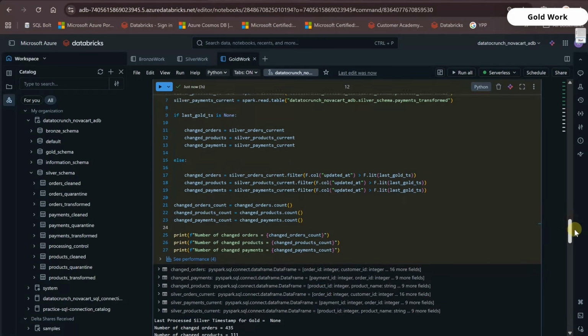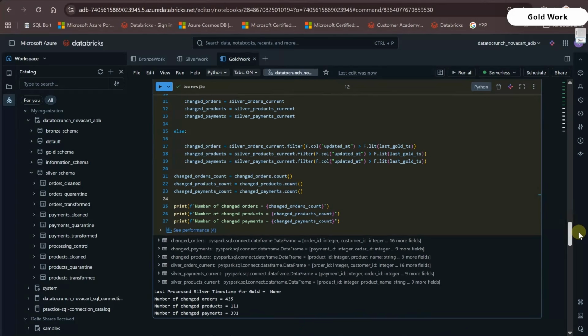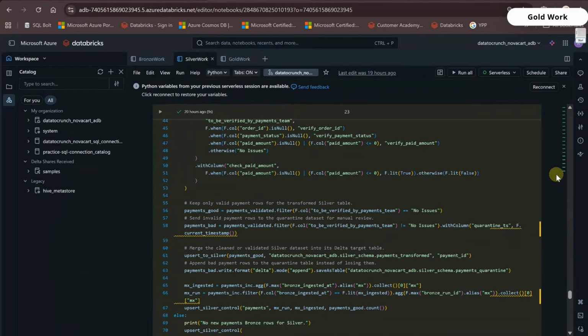Now let's see the output. We can see that the last processed silver timestamp for gold is none because this is our first initial run. Then the number of changed orders, products and payments records are 435, 111 and 391. This is the count from